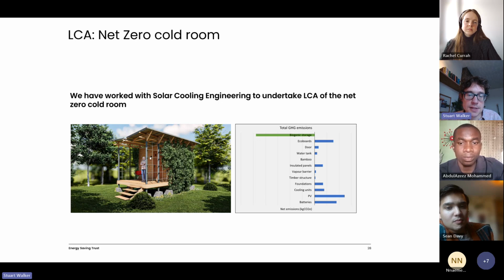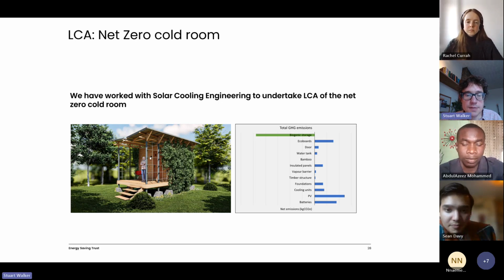But also in the manufacturing of those parts, there are some impacts. So you can see the greenhouse gas impacts on the right hand side there. And you can see, particularly large at the bottom, the PV, so the solar panels, and the batteries have a particularly large impact. We need them, obviously, for the cold room to operate, but we need to know what their impact is. And we've done quite a lot of work on batteries, comparing different types of batteries. So I think we'll go back to Victor and he can talk a little bit about the batteries and the PV panels.